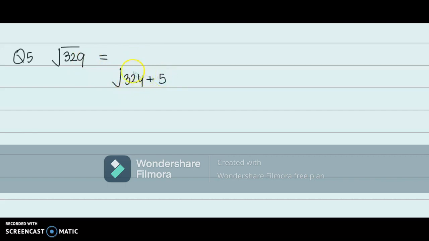We can write it like this. Square root of 324 is 18. So we will directly write the result. 18 plus b, which is 5, by 2 times 18 is equal to 18 plus 5 by 36, which on further solving gives you